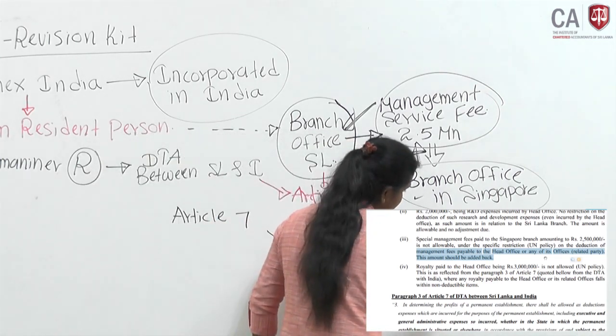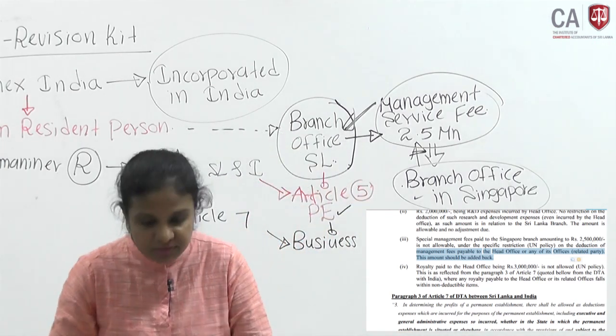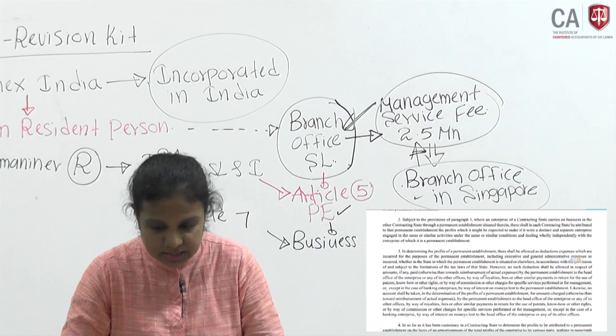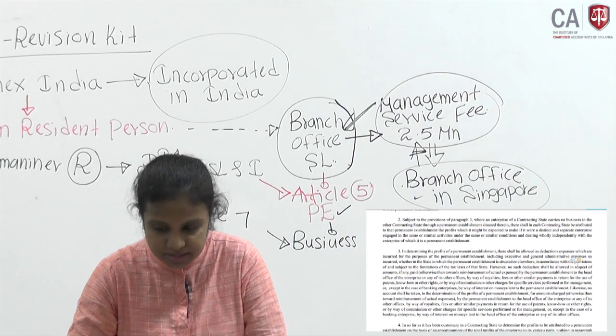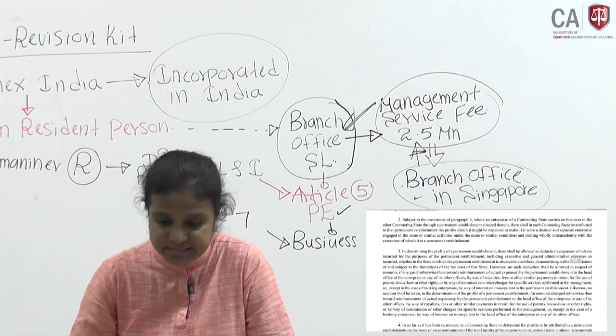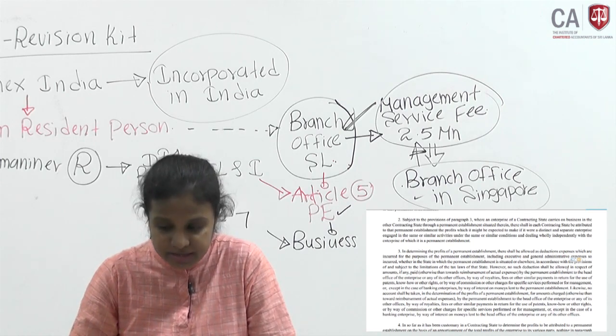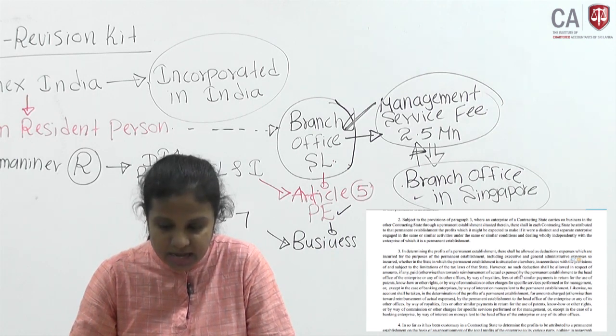In Article 7 paragraph 3, it is very clearly given: no such deduction shall be allowed in respect of amounts, if any, other than towards reimbursement of actual expenditure, paid by the permanent establishment to the head office of